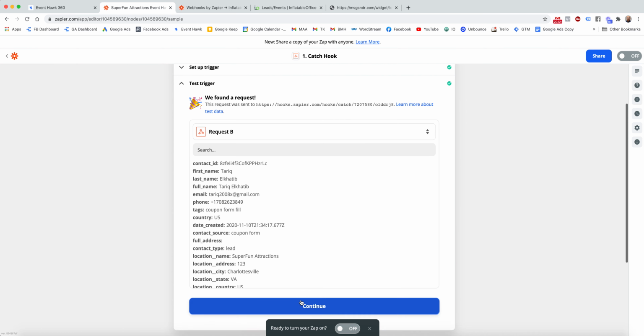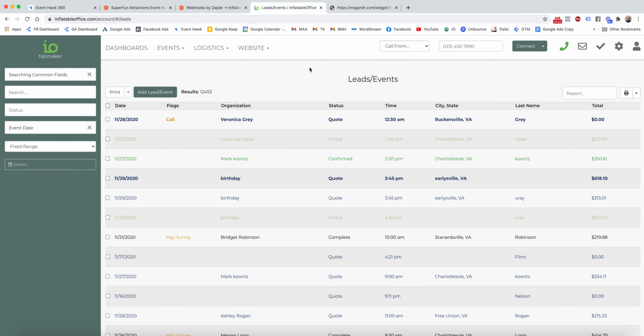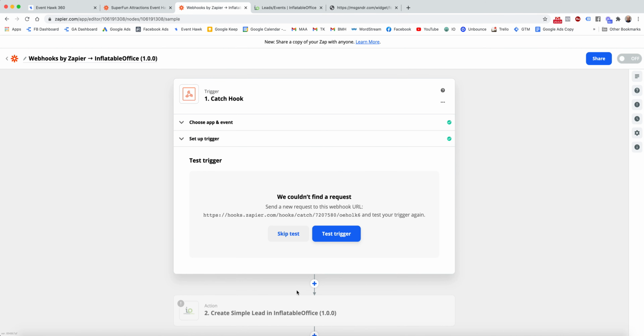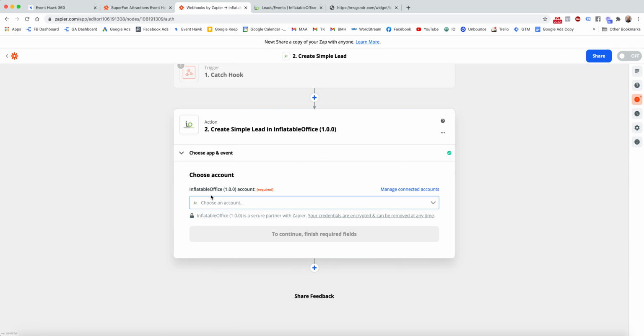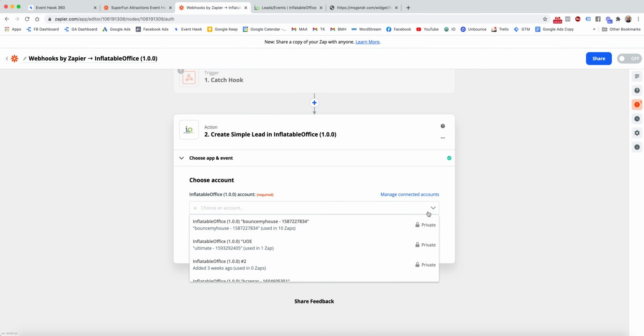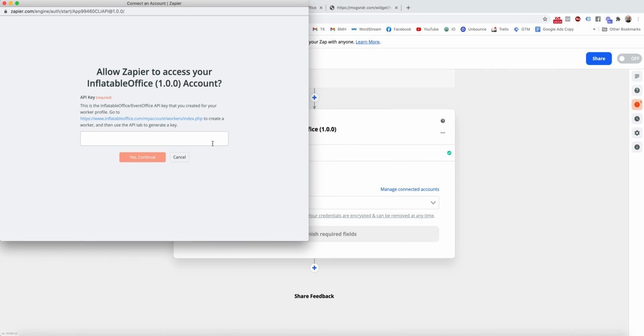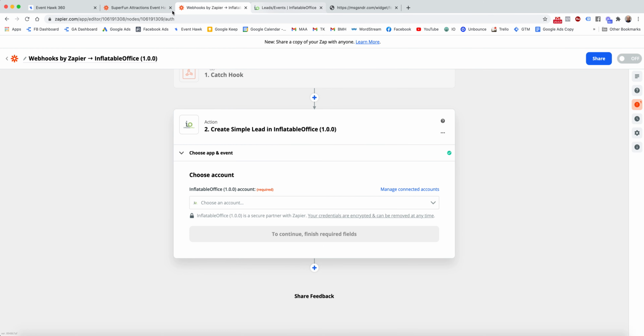Okay, so you're going to hit continue, and then it's going to go to the next step. When you go to the next step, this is where you'll need your API key. So it's going to say, okay, we know you want to use Inflatable Office. Which Inflatable Office account? So you're going to click this drop down, and I have a few, so you're just going to click Create New Account or Connect New Account, and this is where you're going to paste that API key that you get from Inflatable Office. All right, so you paste that API key here, you hit yes and continue, then it'll take you to the next step,